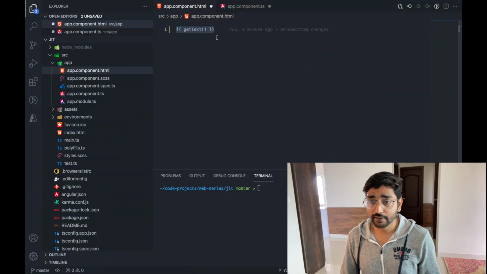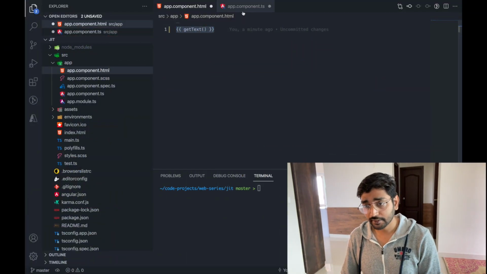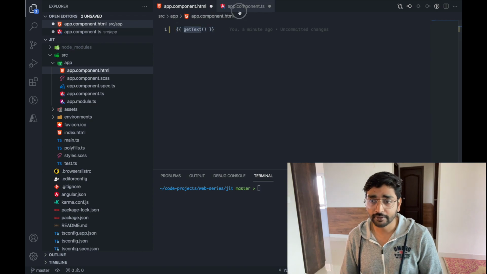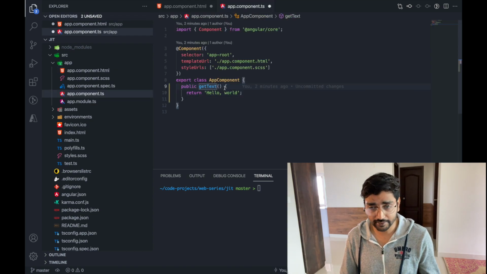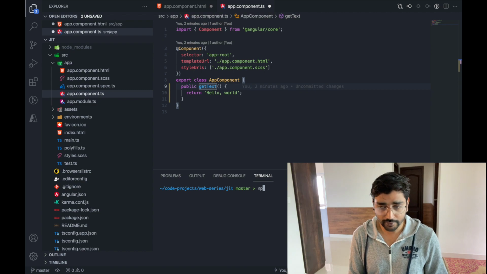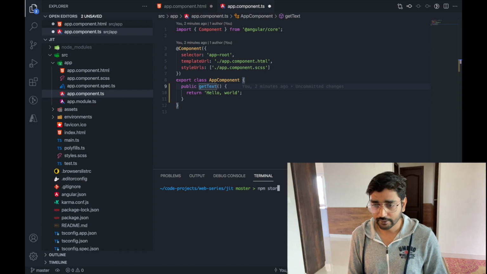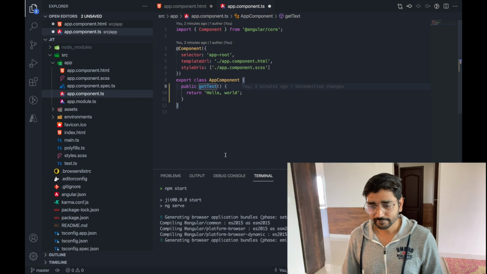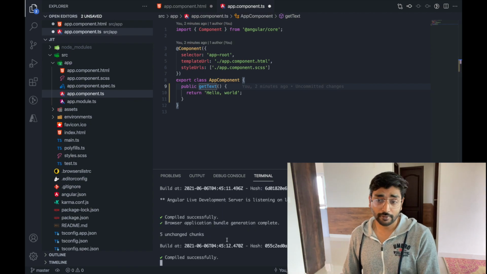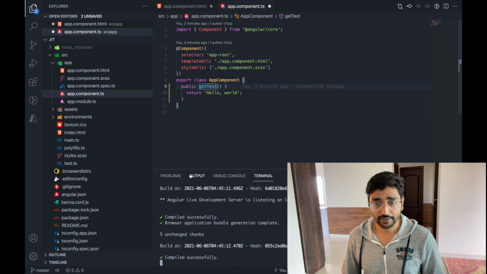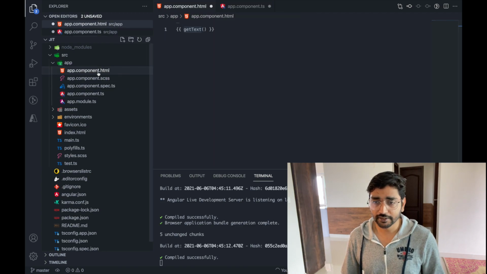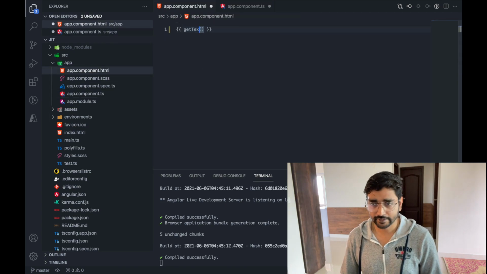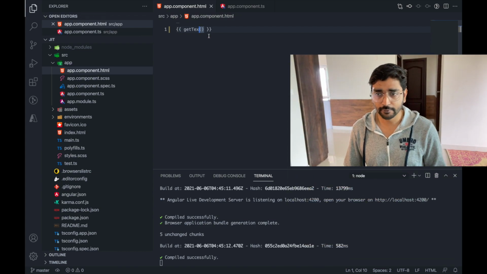As you can see on our screen right now, I have written a simple HTML component with string interpolation. We are calling a method to get information, and we have getText here. If we run the build locally, if you just run npm start, our code got compiled. There is no problem. What if I change my t here? I remove t and I save the file.